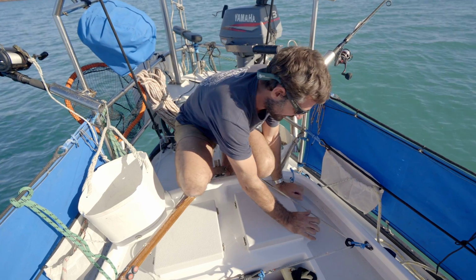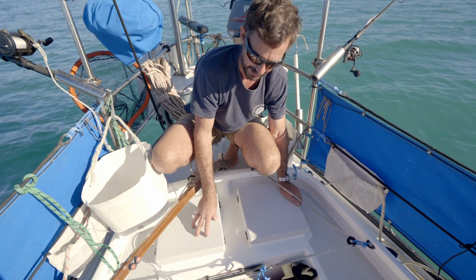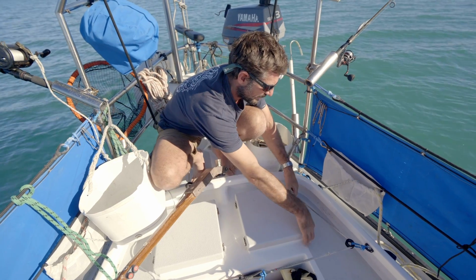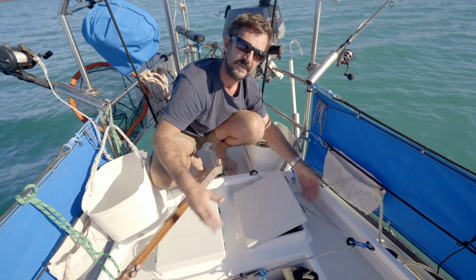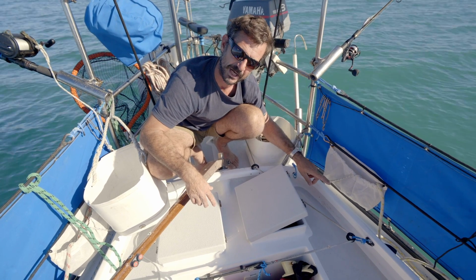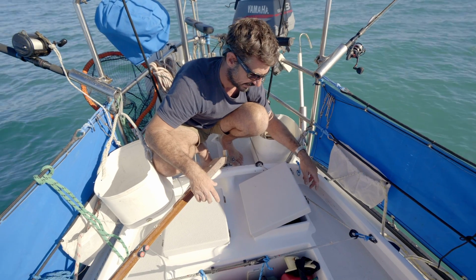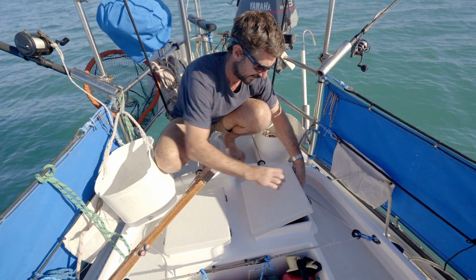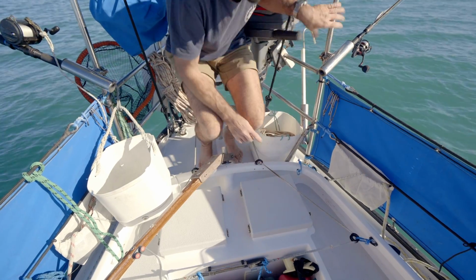We use that pretty much for spare ropes and accessing our dive gear, but we can also just pop these hatches up and lay them on the self-steering gear like this, and then airflow comes through the boat, and it's prevented mould growing up in our quarter berths and up in this lazarette section or the tiller flat really effectively. It's been great. We coated these with non-skid. They get stomped on a lot, so